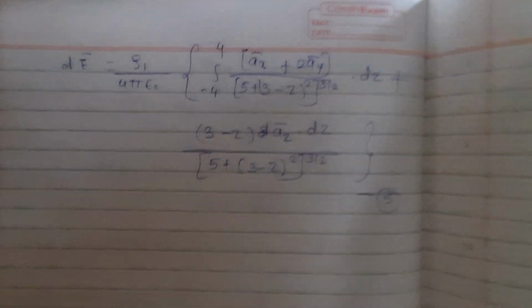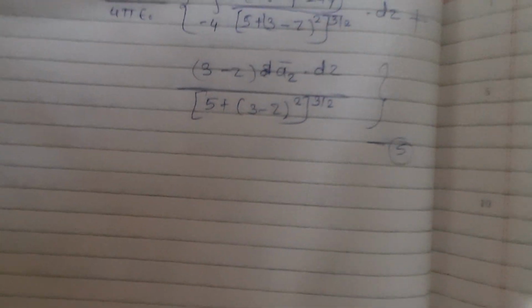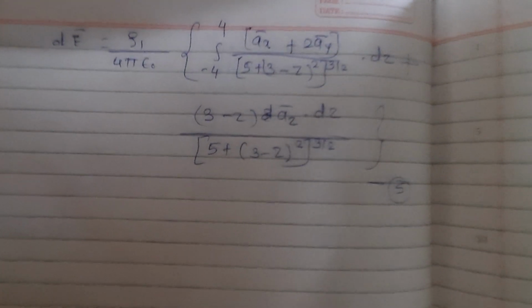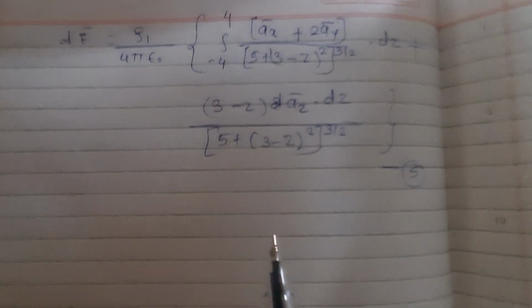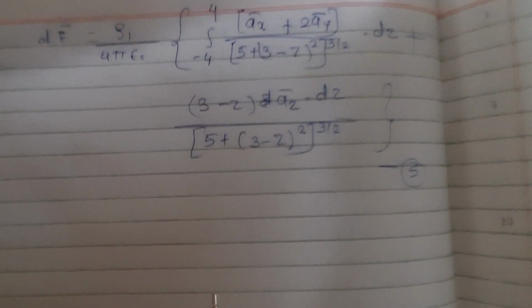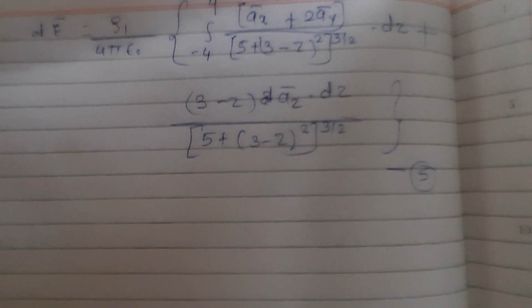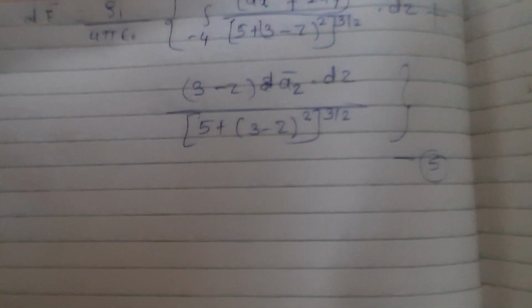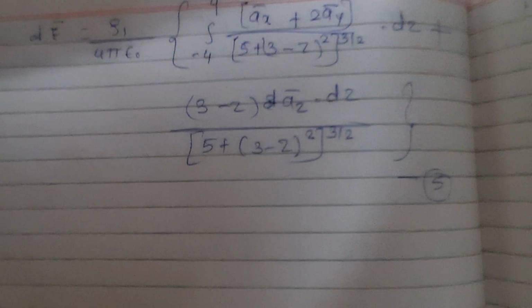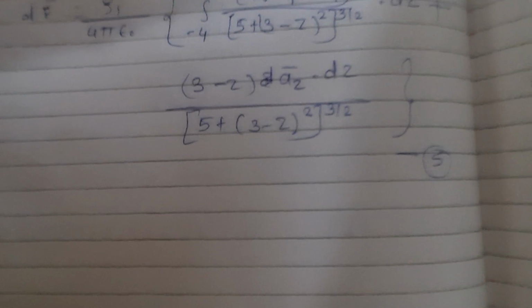Now there are some important points. Since the limits of the integration are finite, we can solve this integration directly on the calculator, but instead of the variable z, consider the variable x while solving on the calculator. To solve manually, we have to make the substitution that 3 minus z is equal to square root of 5 tan theta. So minus dz is equal to square root of 5 sec square theta, and limits of z will go from minus 4 to plus 4.